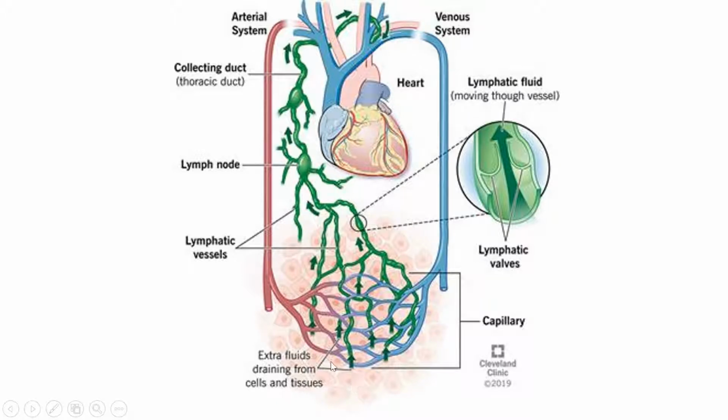This plasma needs to be taken back, otherwise there would be edema, a swelling of the tissue. If there is no mechanism of taking it back, then there would be edema. So it is a process which is in equilibrium. The plasma keeps on oozing out of these capillaries and it's taken up by this green network. All these are lymphatics, blind ended sacs, and these lymphatics take this plasma back to